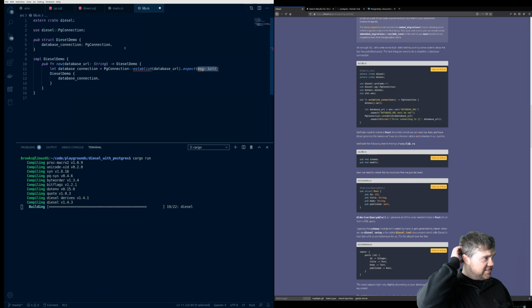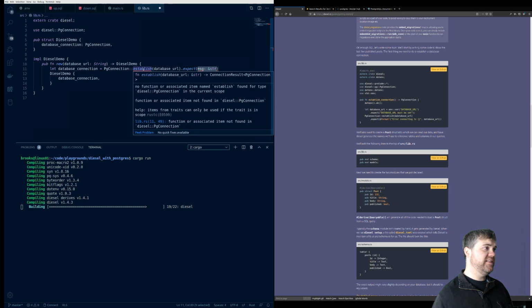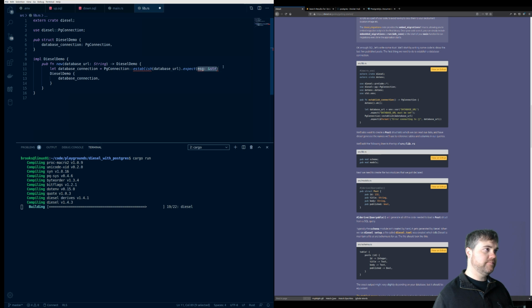And this is interesting because I could very much do a question mark here if I figure out exactly what this returns. It's a connection result. Okay, so if I use,